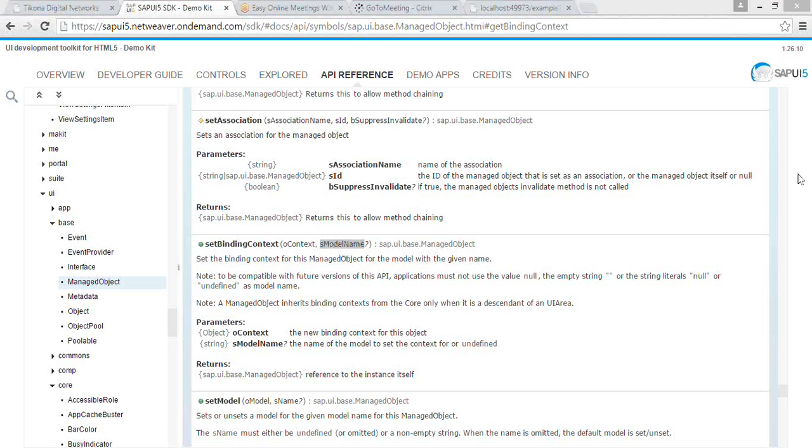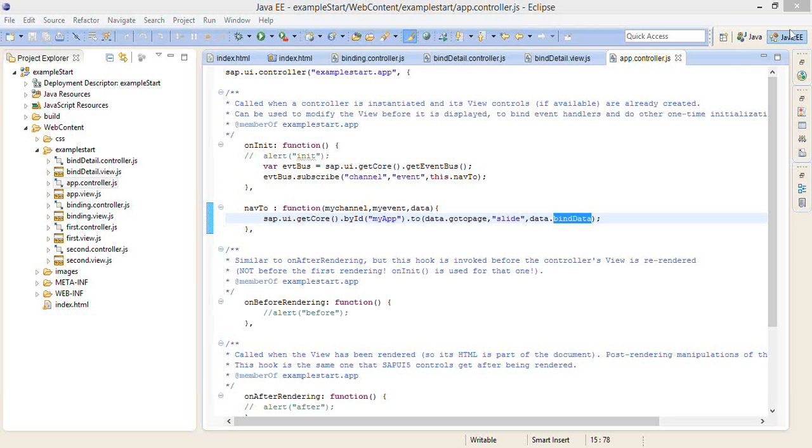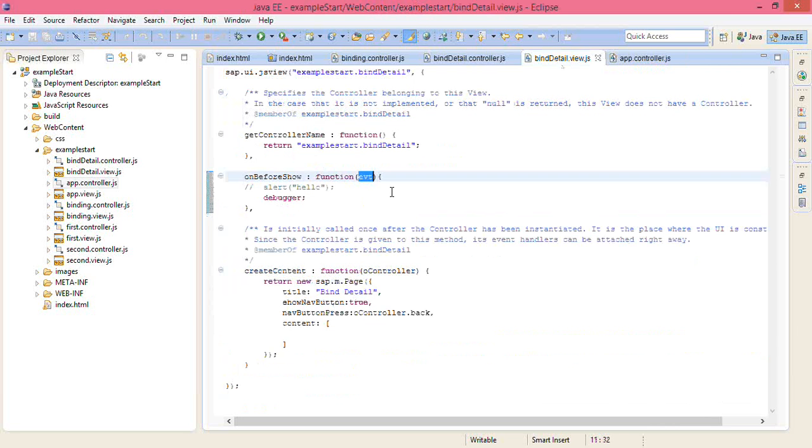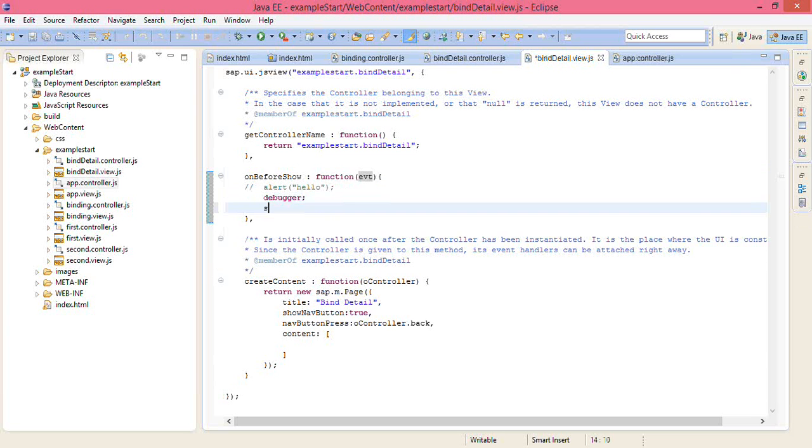For that, the answer will be the page where you have navigated. That's the point where you want to set the model. Now you have navigated from your previous page, your source, to your destination, and when you're trying to send your data from your source to the destination, then definitely you want your destination to hold the data. So it makes sense that you set the data which is being sent on your destination page. So the instruction which we're going to use is